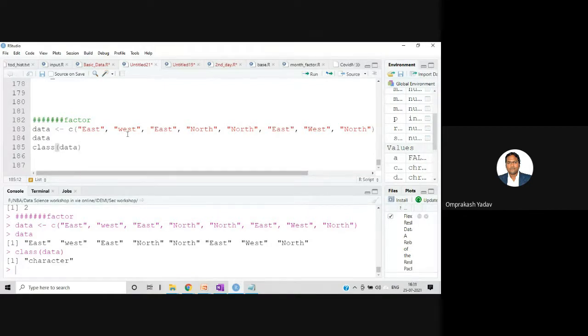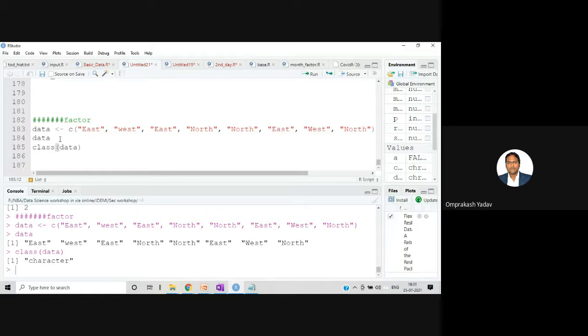So what factor denotes is that whenever we have a string kind of column in our data set, that column can be considered a factor kind of column or categorical column. Categorical means different categories will be there in that particular column. For example, in this vector, there are three different categories: first east, then west, and then north.